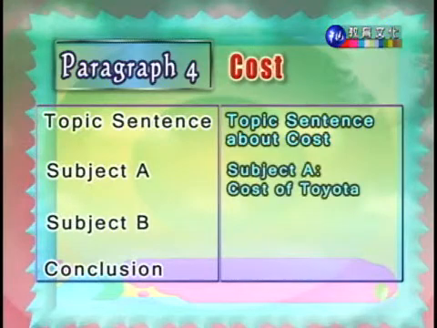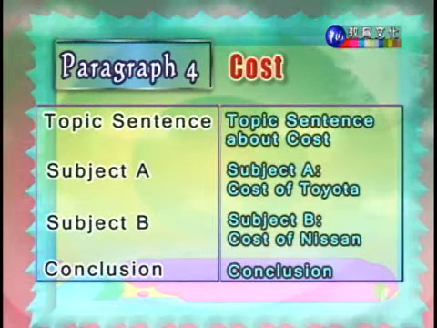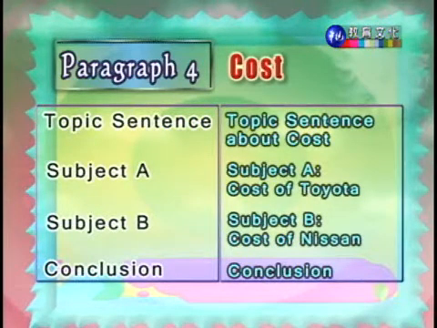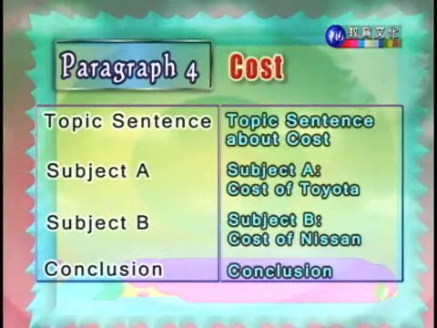Okay, and so again, this is organized just like the previous two paragraphs. We begin with our topic sentence, which is about cost. 好，那跟前面两个段落是一样的。主题句我们先把花费这个点出来。And then this is followed by first discussing the cost of the Toyota, and then we follow it with information about the cost of the Nissan, and then we conclude it. 好，那接下来的写作方式还是一样的。首先我们先探讨 Toyota 的价格，接着我们再探讨 Nissan 的价格，最后我们再提供一个结尾句。